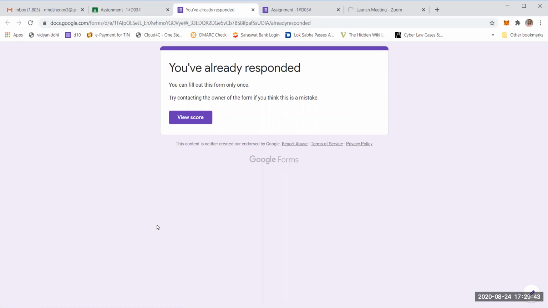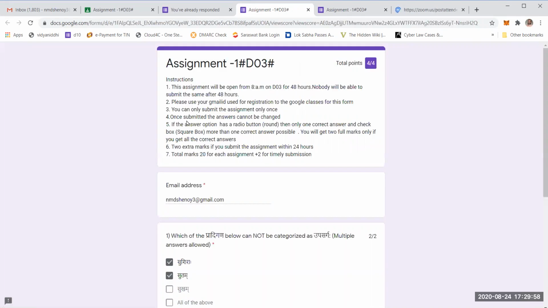Now the marking system is very instant and immediate. Once you finish and submit the assignment, then you can come here, click on the score, and you will be able to see your own score. So you will also be able to see the questions and the answers which you have done, or you may not be able to see the answers.